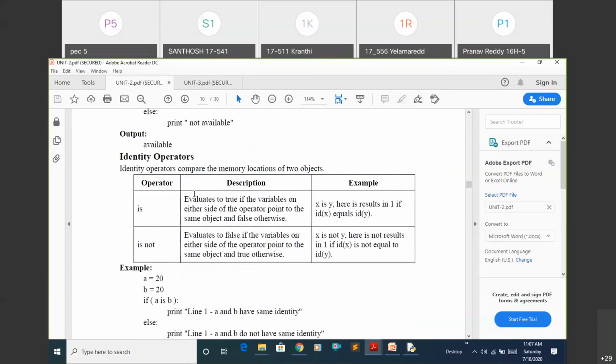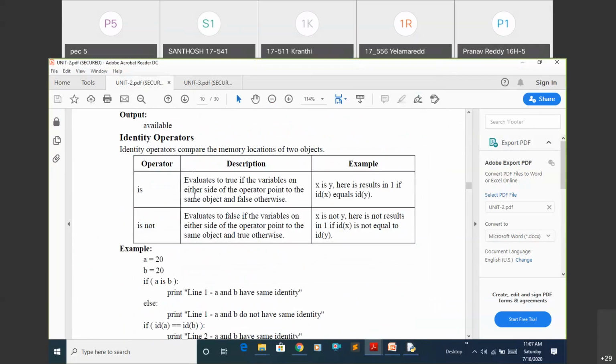In the same way, we have identity operators. See what two operators we have. One is the is operator, one more is the is not operator. What is this? It evaluates to true if the variables on either side of the operator point to the same object. What does that mean?